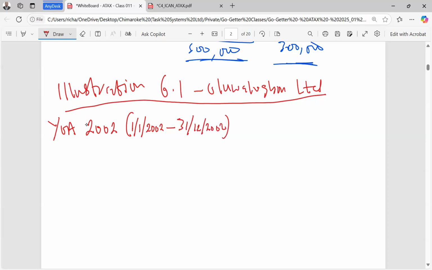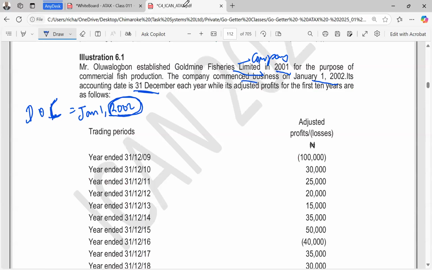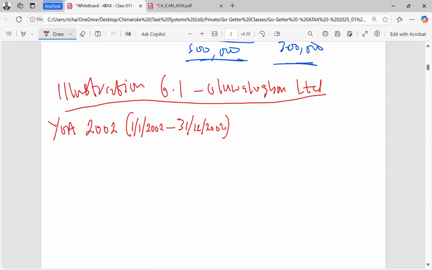So it's going to be 31st December 2002. Fortunately, we were told that the accounting date is 31st December, so no problem. Even if they wrote 31st October, it will ignore it. If you like, write 30th June, it will ignore it for the first year. Everything will be from the date the business starts, and it will take it to December 31st. All right? So we've done that. So we'll say accessible.